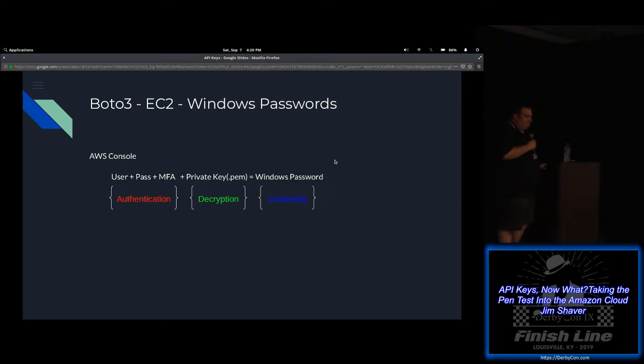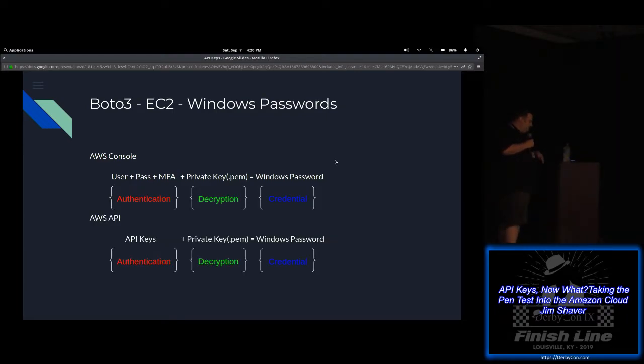So that's essentially what's happening when you get that Windows password in the GUI, okay? How does this work at the API level? A lot simpler, right? So your API keys are the only authentication that you need, and your private key does the decryption, and then you get a Windows password, okay?